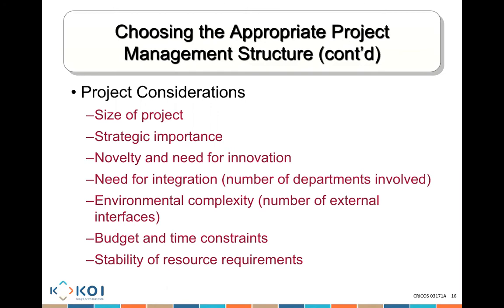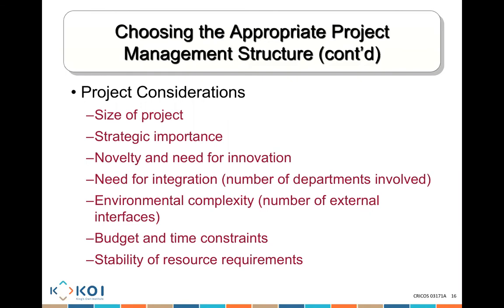We talk about the budget. How much money do we have? What is the time constraint? If time is not a constraint, then you could just take as much time as you need and you don't really need a project team. If budget is really available, however, and a lot of money is available, then you're able to potentially get a lot of money to get the job done. Like if I have a lot of money, I'll employ whoever I would like to employ. I'll get a lot of people to be used, and I have a dedicated project team. There's no problem. I have the resources. Why not?